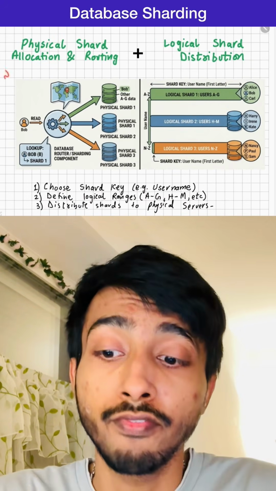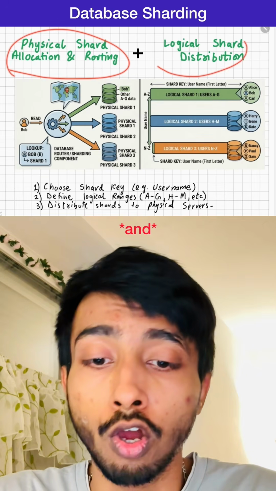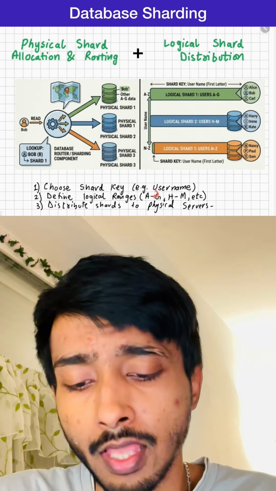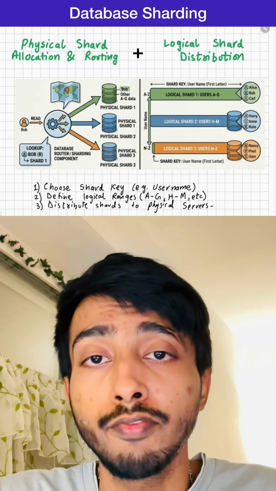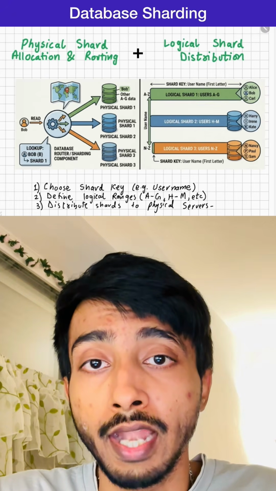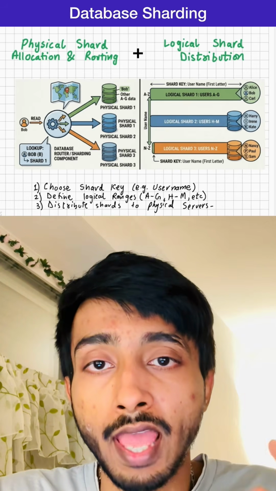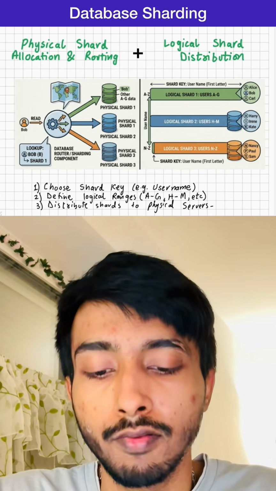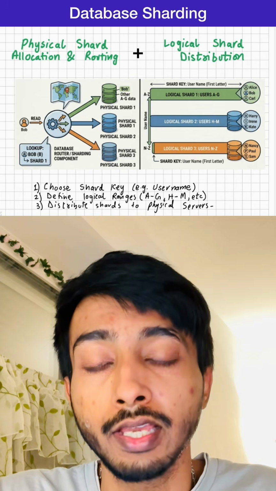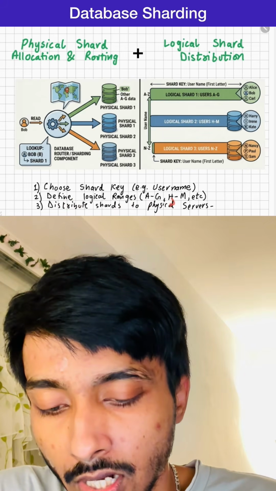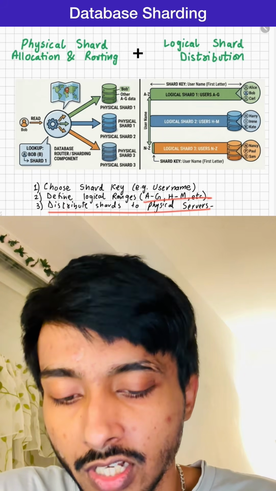In sharding, we have physical shard allocation or logical shard distribution. First, we choose the sharding key. In this example, we are using username, but in the real world, we use the unique user ID. First we calculate the hash of this user ID, and then we divide it by the number of shards. Then we get the correct shard number, and then we set the logical range, and also the physical distribution